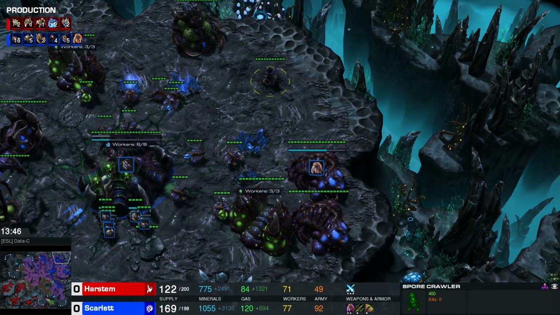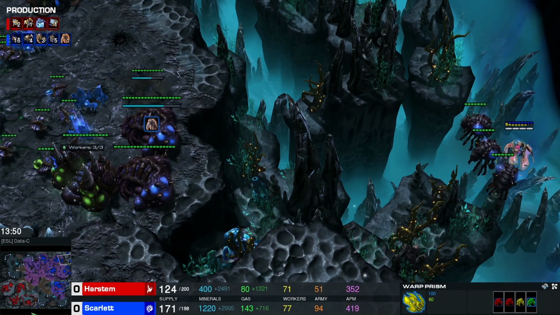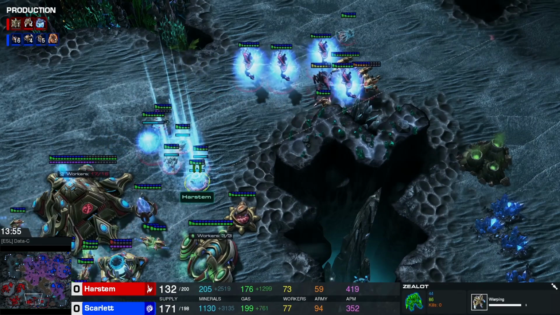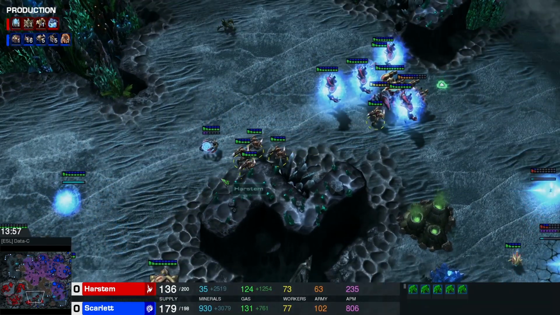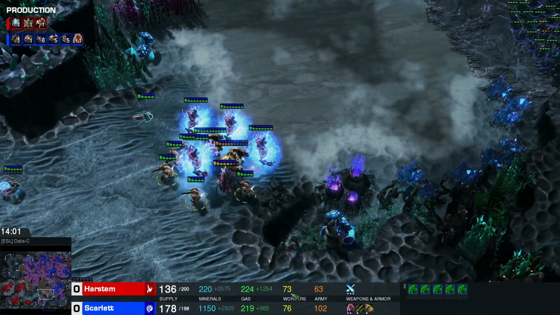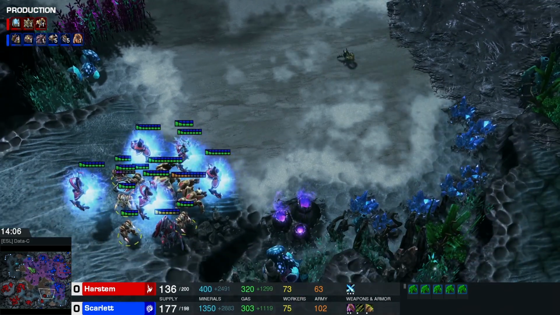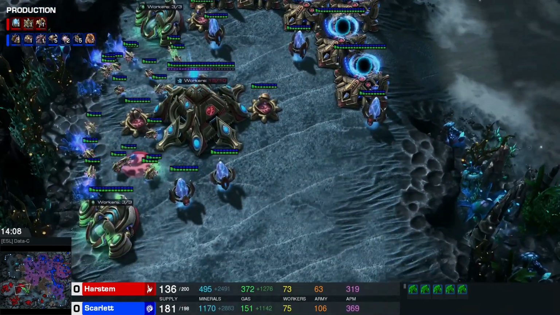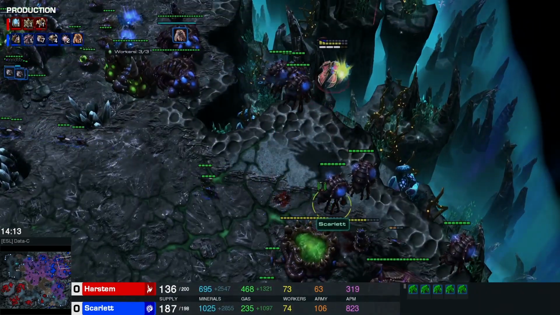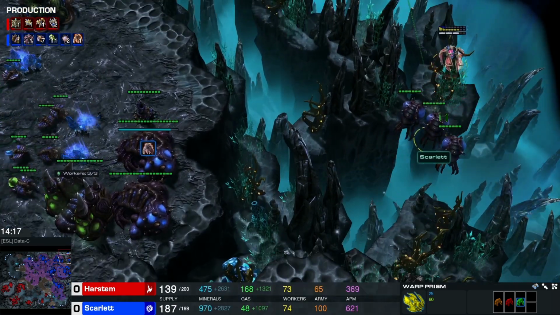There is a spore here, but yeah, let's see if HARSTEM is going to commit here. Scarlett leaving some overlords just to see if it's going to commit, and more Zealots are being produced for HARSTEM. So HARSTEM somehow being able to recover 73 workers for him versus the 75. And yeah, let's see what exactly is going to happen here. Still a very heavy gateway unit composition. Some units have been dropped here, but yeah, HARSTEM just buying some time just to produce his own